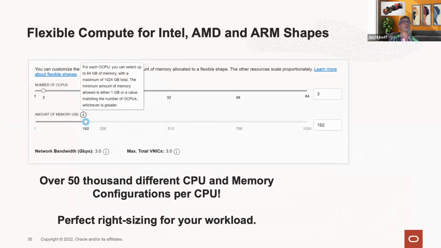you can also size and actually choose your compute, your VMs on the fly, and we don't have fixed shapes anymore for Intel and also for AMD and ARM shapes. If you're into infrastructure as a service, you can get all of these shapes now, what we call flexible compute. And it means that you can have a slider and you can just choose. You don't have fixed